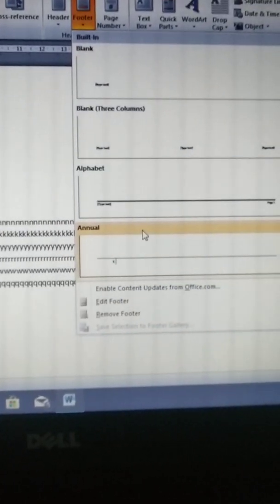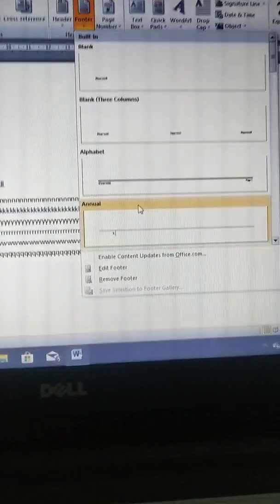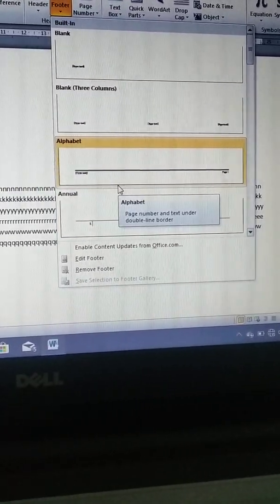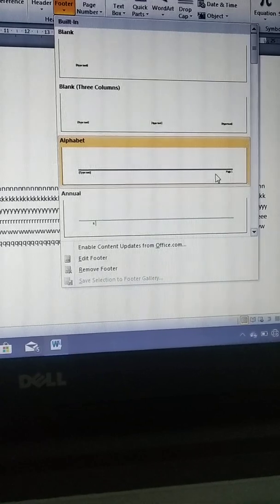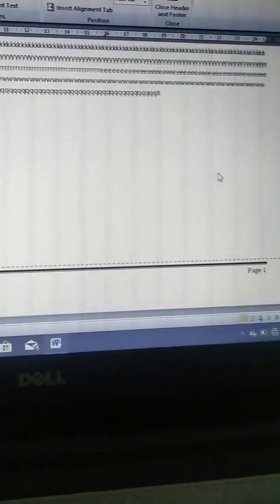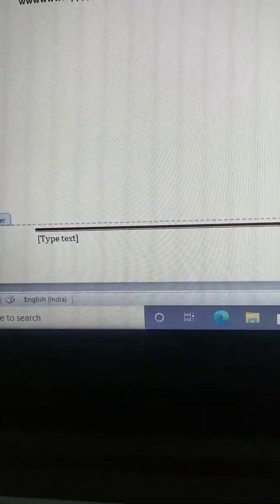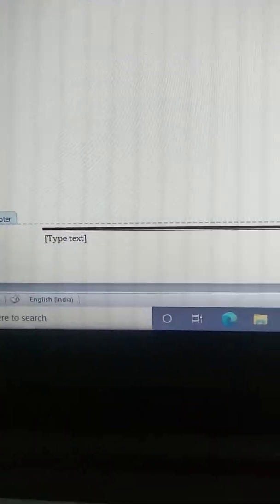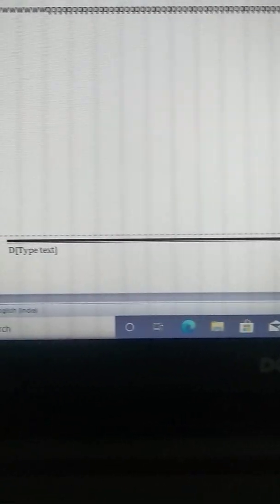So you can write anything here also, whatever you want to write. Like if I am choosing this, the page number is inserted here at the footer. This is the bottom of the page. You can also type text here if you want to write in the document.